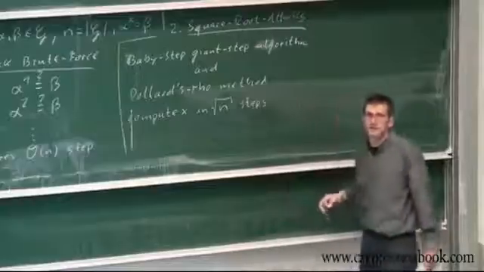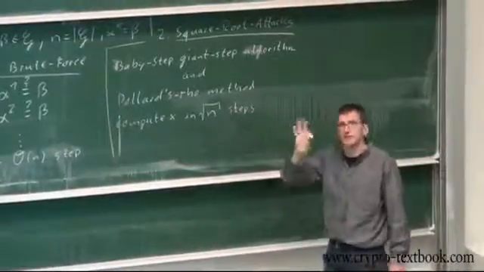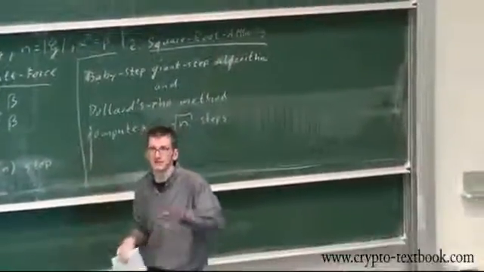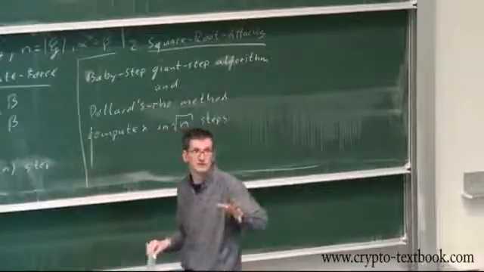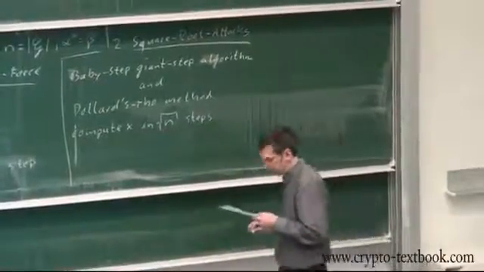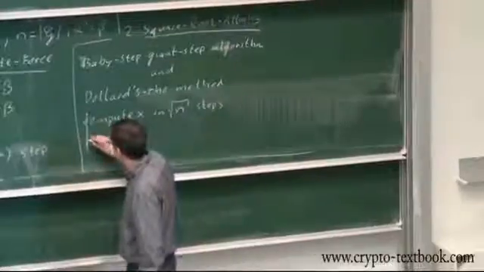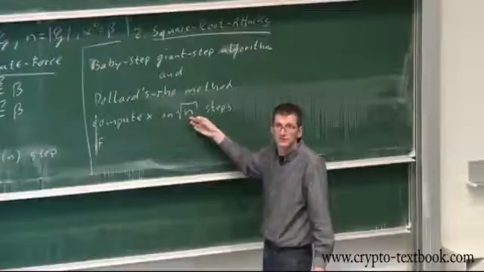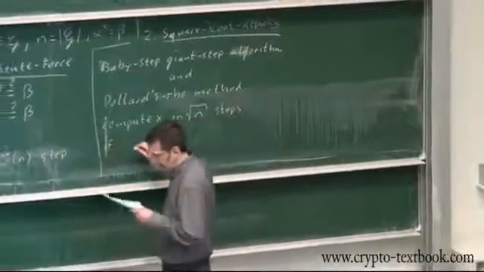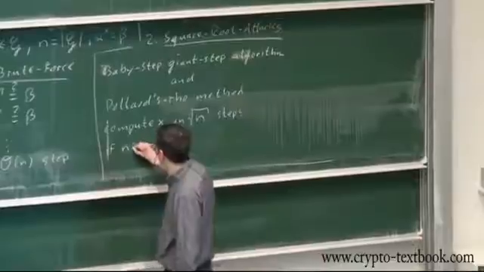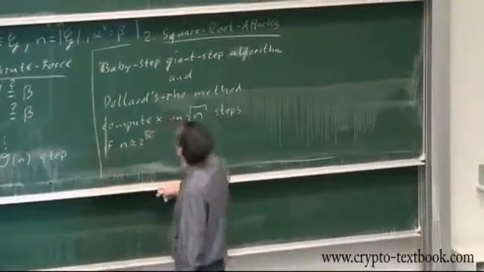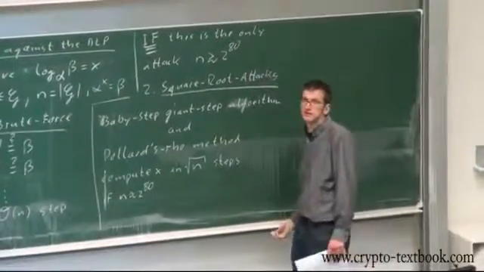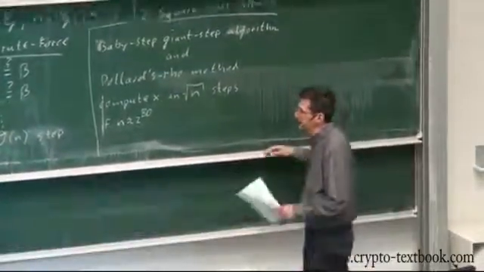What are the consequences? These attacks are very easy. If you don't know what the attacks are, you're absolutely right, we don't do them in this course. But they're not complicated. The only thing we need to know is that they have square root complexity. So, if n is approximately 2 to the 80, which was the minimum requirement to be resistant against brute force attacks,